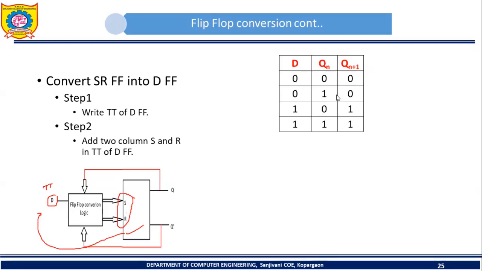So this is the truth table of D flip-flop. Now in this truth table we are supposed to write two columns. So which are the two columns? One is S and the second one is R. Why are we adding these two columns? Because